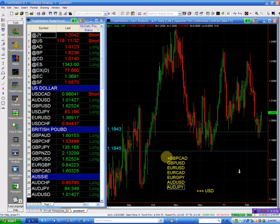Might look at the pound yen, and we can be looking at the dollar Swiss and the euro CAD in this case. Okay, so we lost some time in the